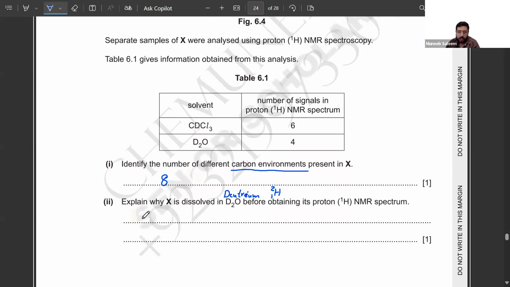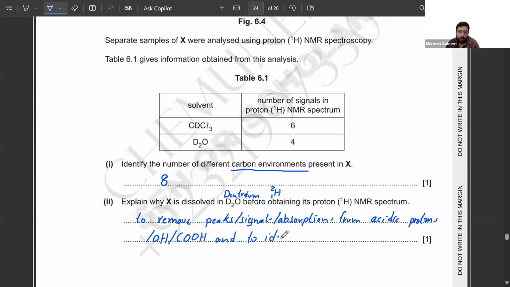Its purpose is that it is used to remove peaks or the signals or absorptions from acidic protons, or from the OH groups of the compound, the carboxyl groups of the compound, and to identify